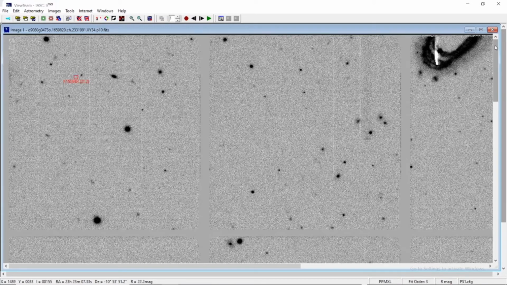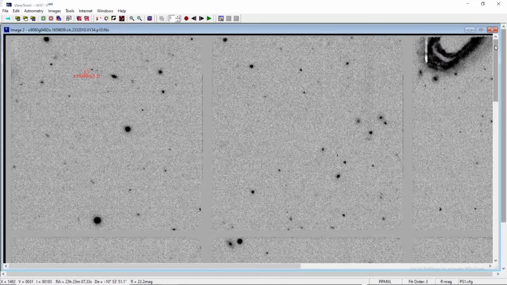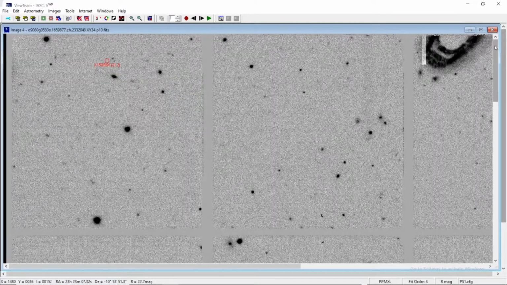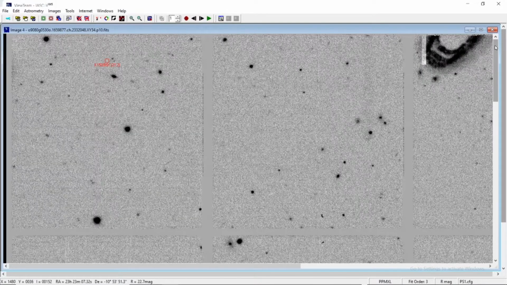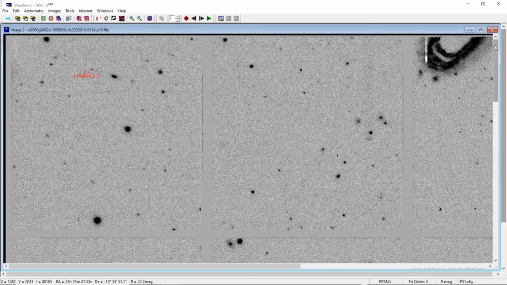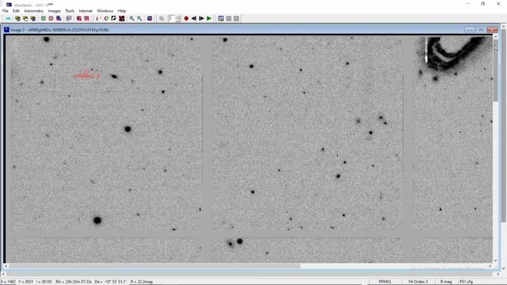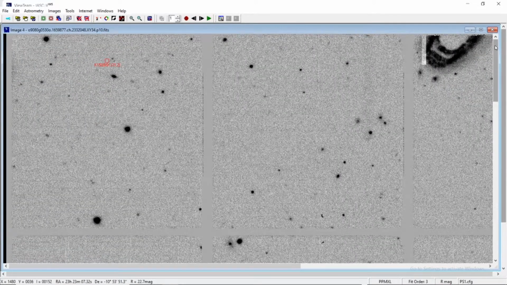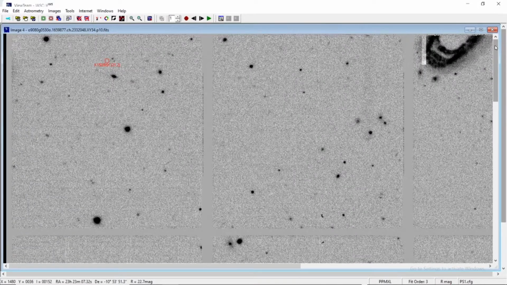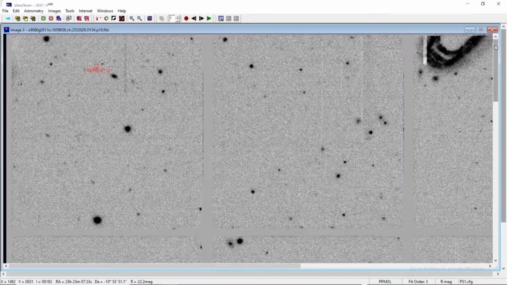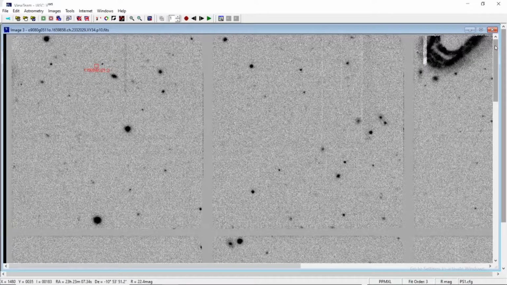For the previously unidentified objects only, we will be giving what? Our team designation, our team name. That will be again a 7-letter designation, where first 3 will be the alphabetical code that belongs to our team or that belongs to the participant, followed by the number of the object that is under consideration. Number means if it is the first object discovered by us, it will be 0001. If it is the second object, it will be 0002.